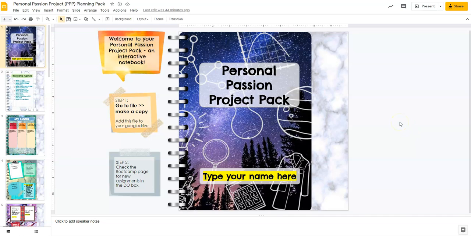Then once you have your own copy, it will still look just like this because it's a copy, of course. I wanted to just orient you on what is here and how to use it. So this will be your interactive notebook. Everything that you need will be accessed through here. After each lesson, come here and do what it says. And that will all be in the virtual classroom to tell you what slide to go to and what to do. So for example, on day 1, the slide says